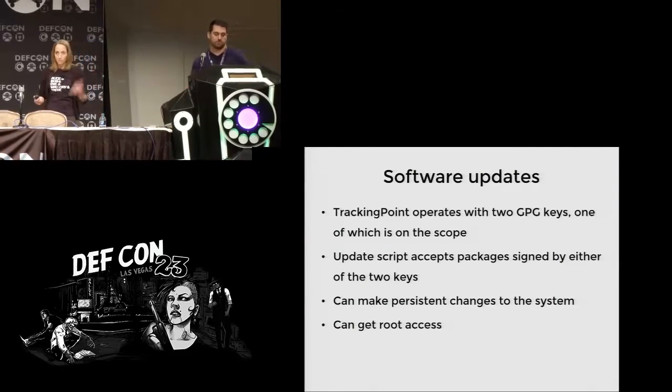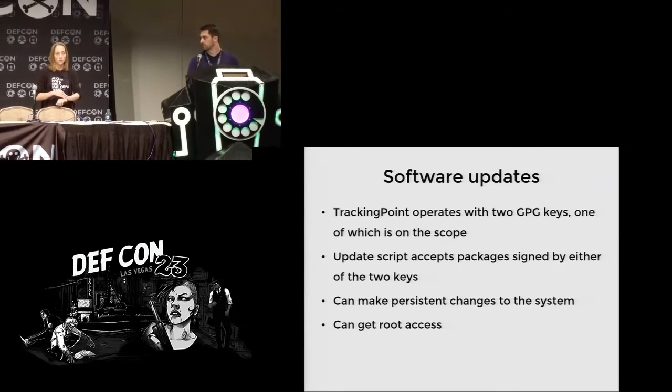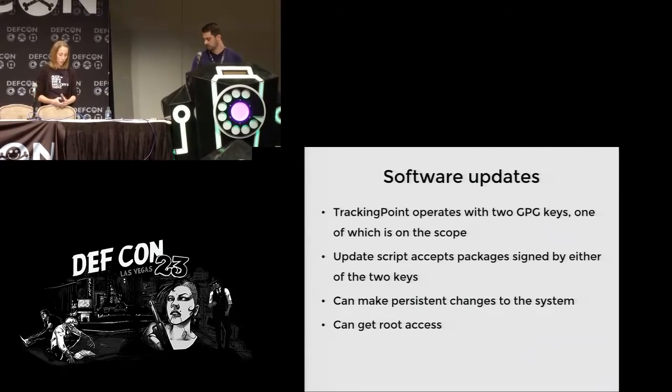So we got the system back in. We got the demo that was at the top of our list, where we wanted to make the shooter miss the shot, but we also wanted to get root access on the Linux system. So we found a way to do that by using the software update functionality. Once we got access to the file system and had a look at the update script, we found that